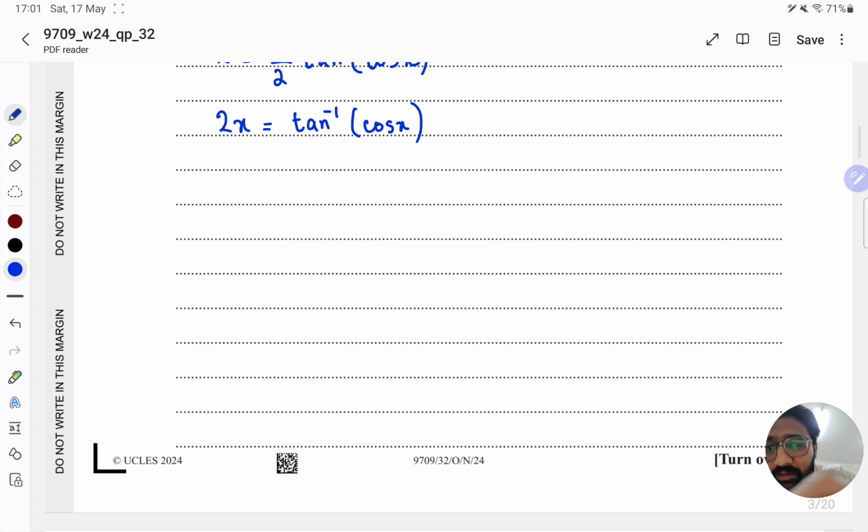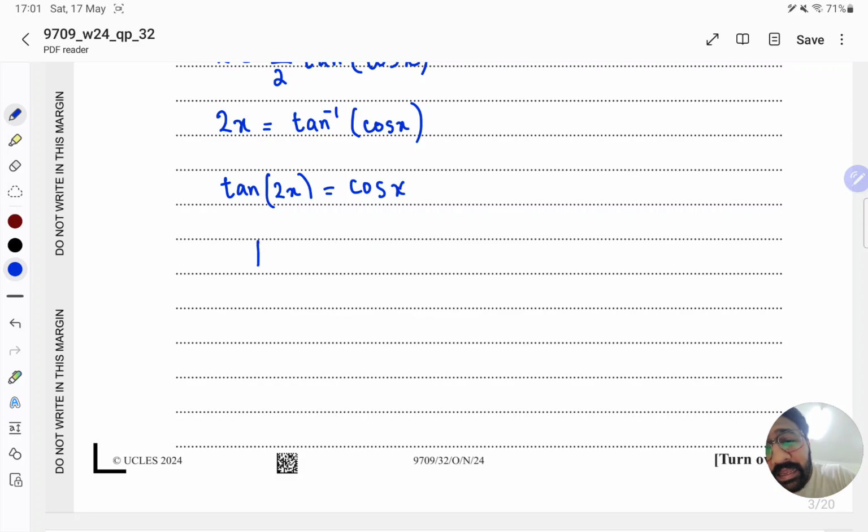So tan inverse is going to go that side, it will become tan of 2x equals cos x. Now we know that we are supposed to have it in the form of cot and secant, so we'll cross multiply,